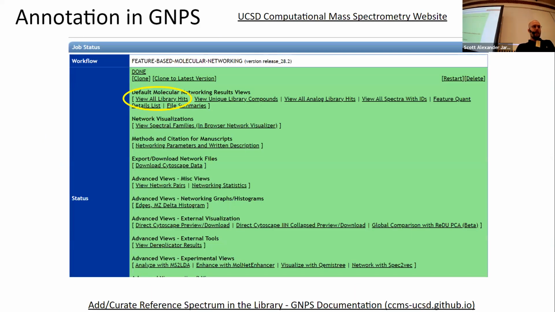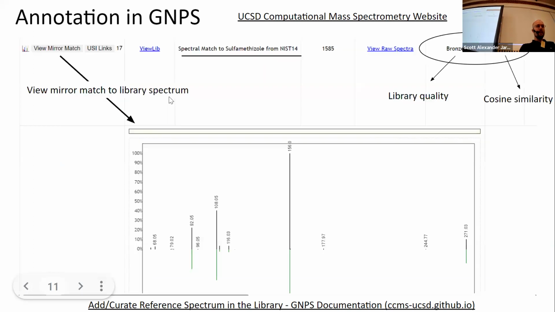And then how does annotation in GNPS work? Here's a screenshot. I'll just work through the screenshot for now. When your workflow is finished, you have this link here to view all library hits. You can select this, and then you essentially get a big drop-down menu that has all of your matches to the GNPS library. I wanted to point out the things here. For instance, this is actually the example data set for the instructors for the data set we're all working with. So it came back as this